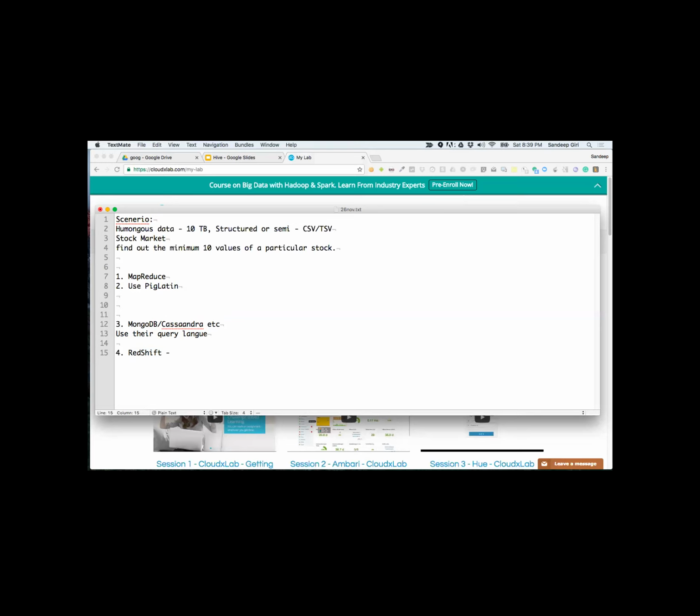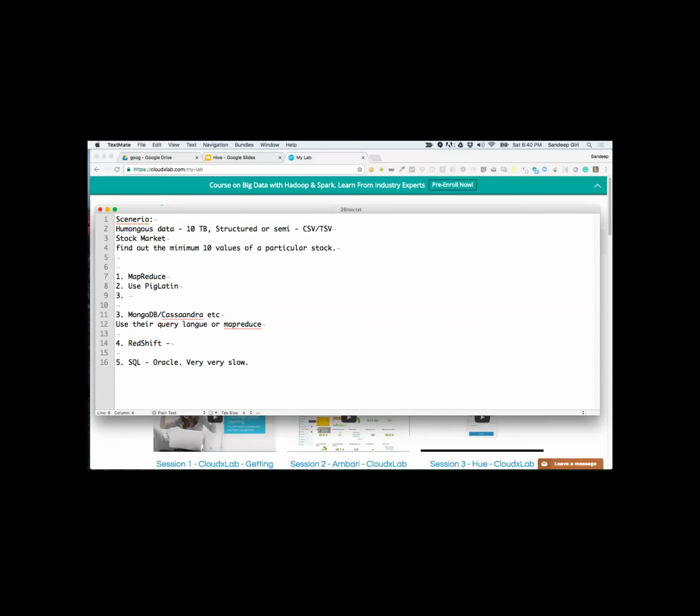All right. Sabna says, let's use SQL, say Oracle, but on 10 TB data, it'll be very, very slow. With MongoDB and Cassandra, you'll have to use their query language or you will have to use MapReduce. All right.